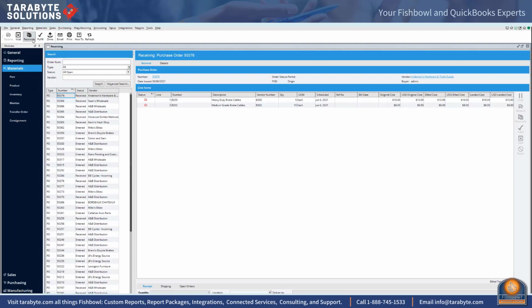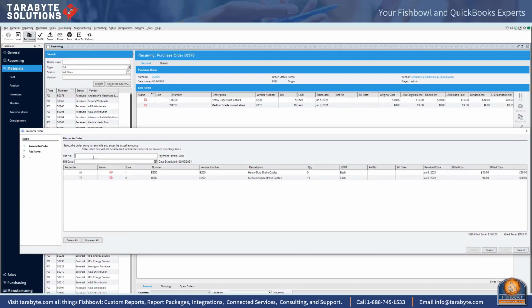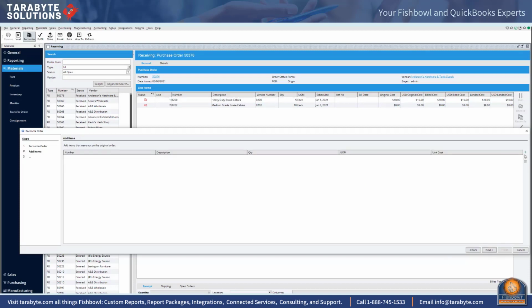And now I'm going to hit my reconcile button, and I'm going to pull in my bill number. All right, and those of you who have been following me know that one of my rules is the bill date is always going to be equal to the receive date. So we received this on June 6, 2021. So our bill date is going to be June 6, 2021. Next. Now I'm going to add,